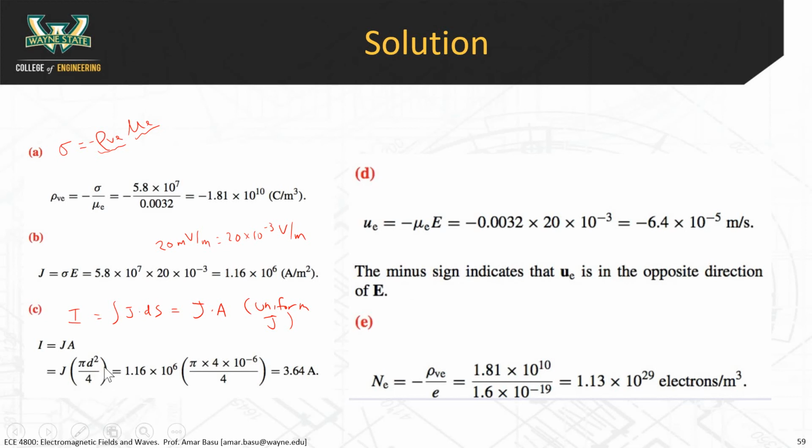By the way, this 4 here, instead of using pi r squared, they're using pi d squared, and that's why they have the 4 here. R is equal to d over 2, you square it, you get d squared over 4. All right, next part here is you're asked to find the velocity of the